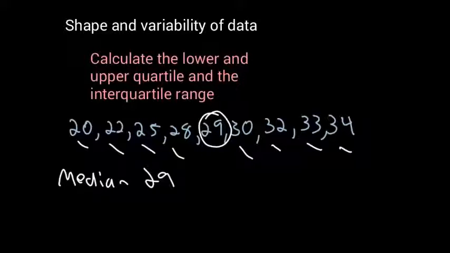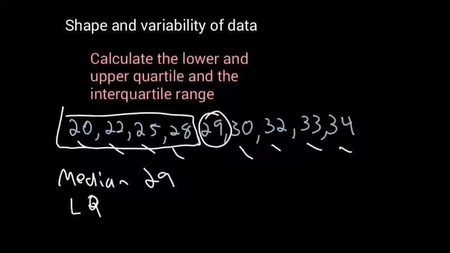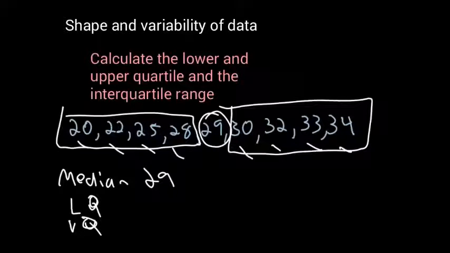So then our lower quartile, so I'll abbreviate that to LQ. You take these numbers that you have on the lower end and find the median of that. And then for our upper quartile, you do the same thing. You take this upper set of data and find the median of those numbers. So for the lower, I find the numbers in the middle, which is 22 and 25, and find the median